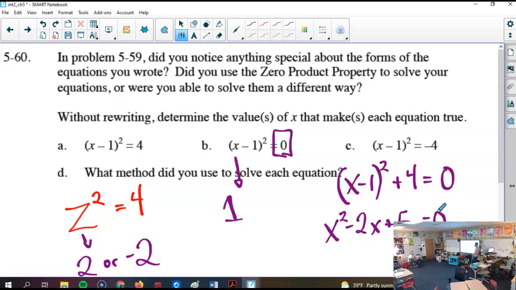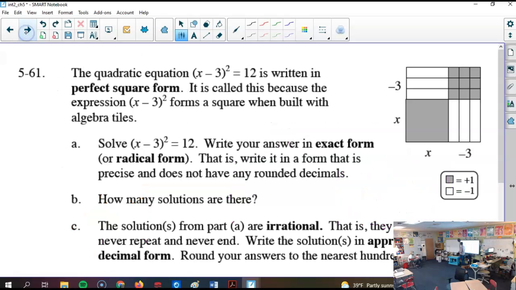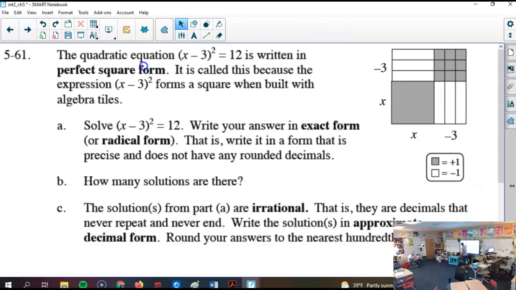Does every parabola hit the x-axis? No, they don't, because they can be difficult and make our lives hard. So this leads us to thinking about some of these were nice, some of these weren't. When we had a perfect square on the left-hand side,